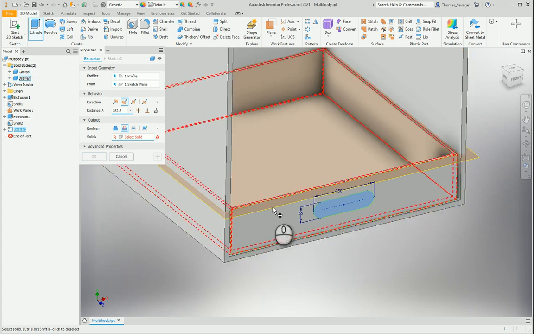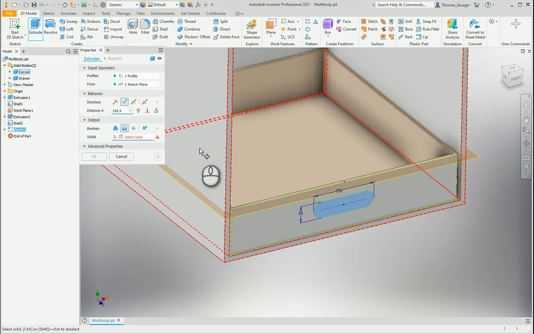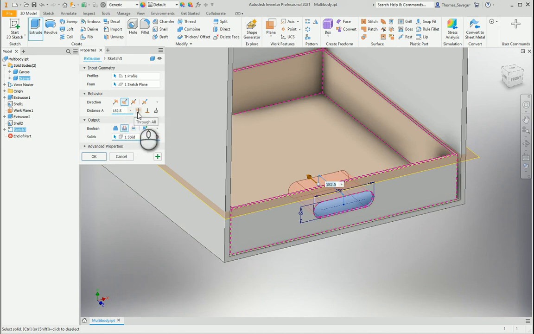Now we have two solids, the carcass and the drawer. If we select the carcass, the cut won't be able to cut, because it will be trying to cut through the carcass, which it won't be able to do. So if we select solid and then select the drawer, then you can see it previews, you can see it's going to go through. And the distance we can change to through all, or